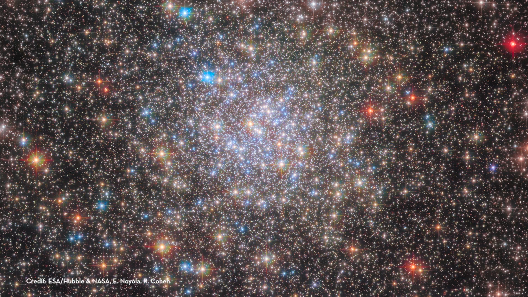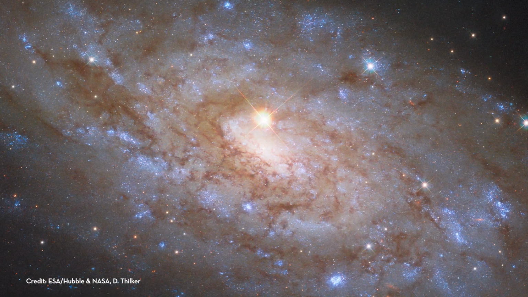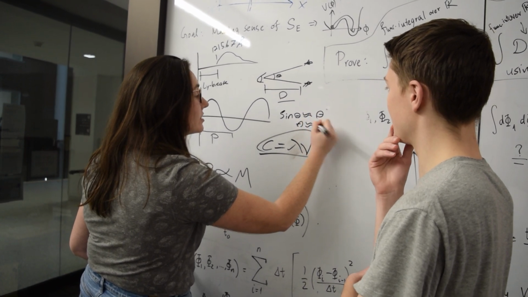And then secondfold, RR Lyrae in particular are all about 10 million years old, which means we can use them to better understand the early formation of some of these other galaxies. Despite the fact that it feels like it ought to be simple, finding distances to other things in astrophysics is really, really difficult. Because just sitting here on Earth, we don't have great depth perception out into the universe to help us kind of determine those things.